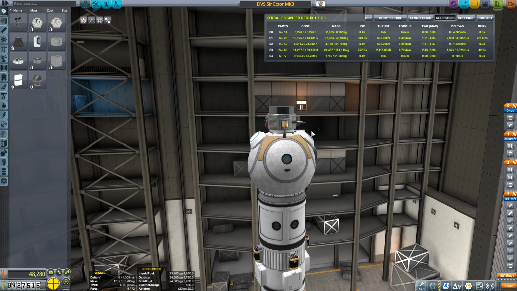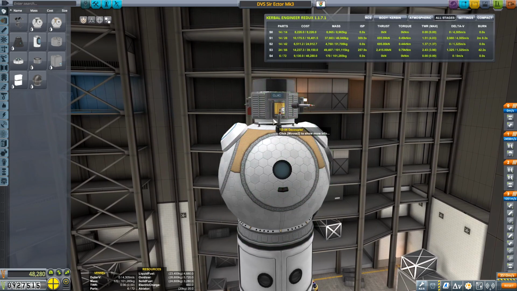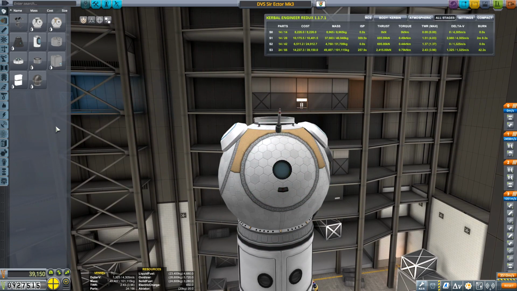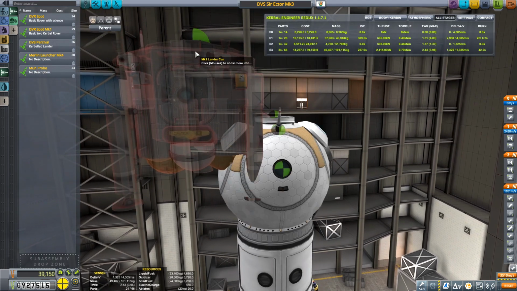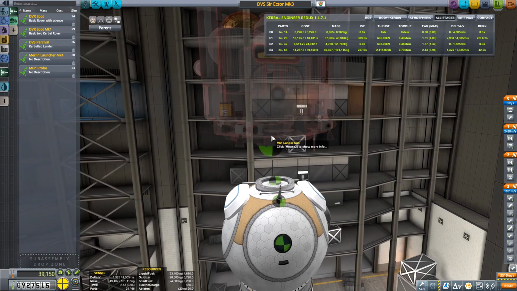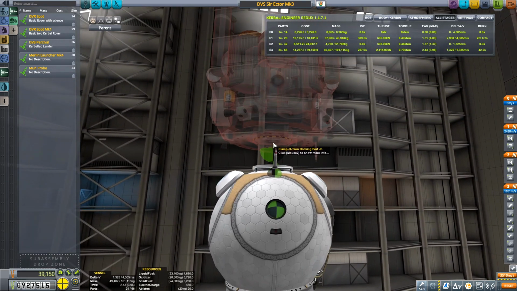Actually, did I put a Probodobodyne on it? No, I did not. Okay. So we'll have to make a small adjustment, because I assumed it was going to be uncrewed, and then I forgot that it's going to be manned by an engineer. So it is the DVS Percival. Alright, so we'll go over a little bit what we got going on with this thing as soon as I